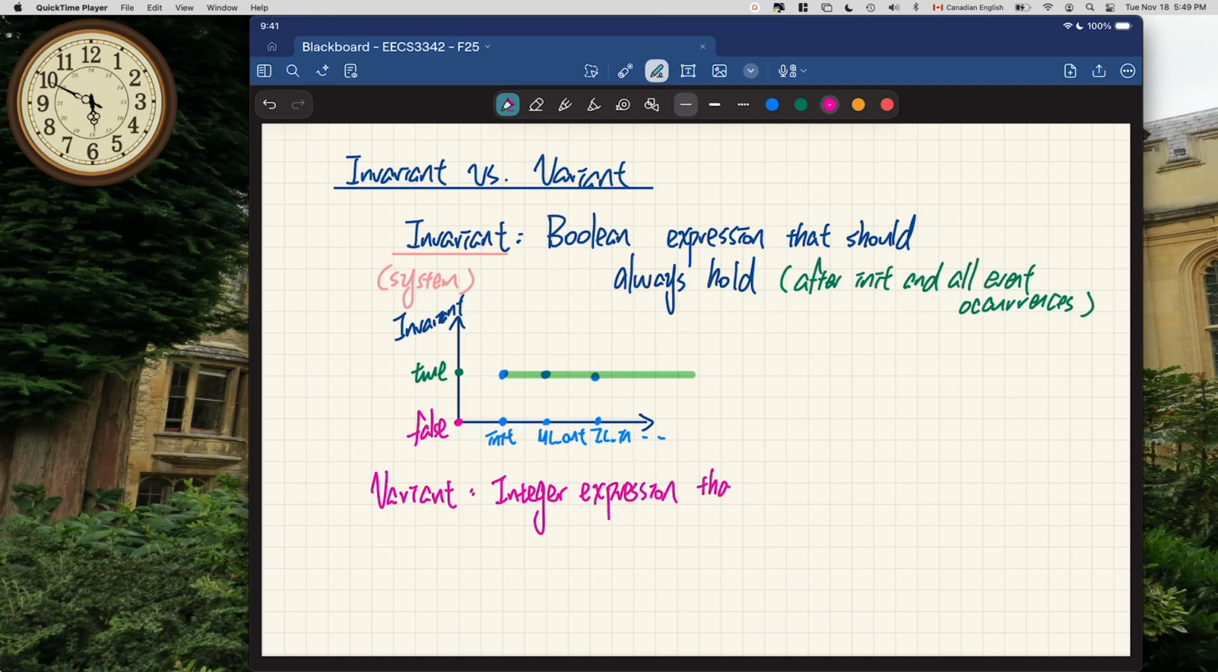That may change after event occurrences. Okay? There are some special properties that we have to also obey, but I'll just visualize that very quickly. Okay. So the variant is supposed to measure. Okay, it's really meant to measure